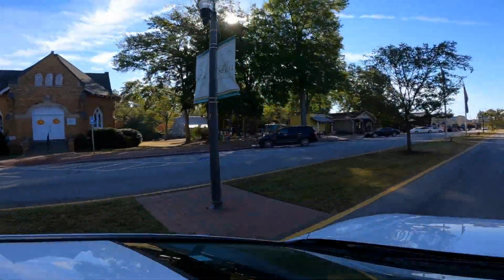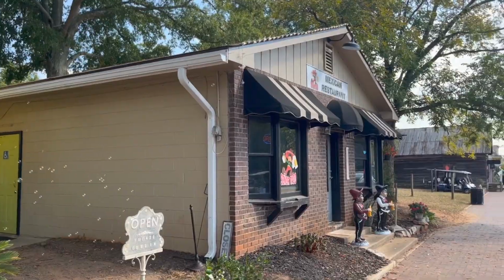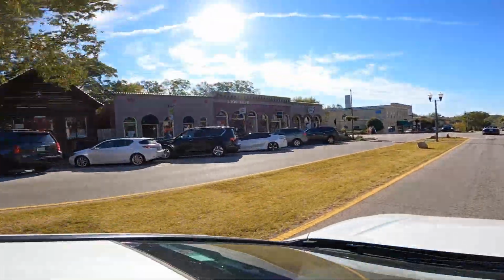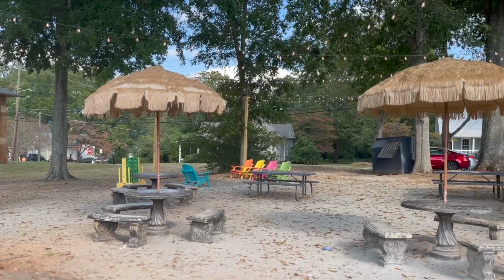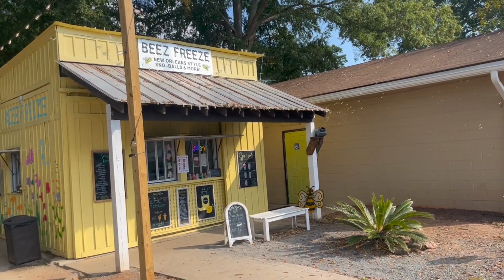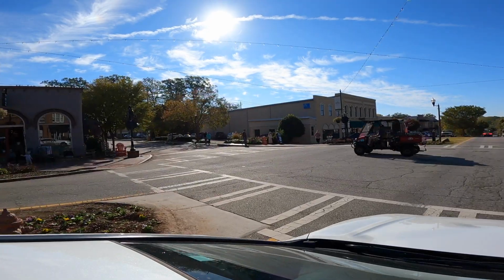On our left is a great way to endure the summer Georgia heat, and that's to go to Bees Freeze for a snow cone during the summertime. I think they actually open in the spring and close down in the fall. So yeah, they're about to close down for the year. We're actually filming this right around Halloween. They have a great little area where you can sit down in some Adirondack chairs. The kids can play. If they drop their snow cone, nobody really cares. It's kind of back there in the dirt. The husbands can sit there while their wives go shopping. I don't know how I know that, but...